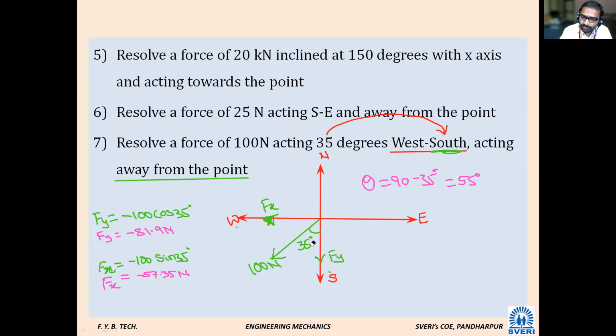It means what we did yesterday, we took theta equal to 55, and Fx is cos theta and Fy is sin theta. And today, what we have done is we have not changed the angle, we have taken the same 35 angle, but for the y component we took cos theta and for the x component we took sin theta. It means whenever an angle is given along any direction, the component along that direction is cos, and the component of the other direction is sin. So I will take one more problem for a clear understanding. Okay, are the answers clear? Yes, sir.